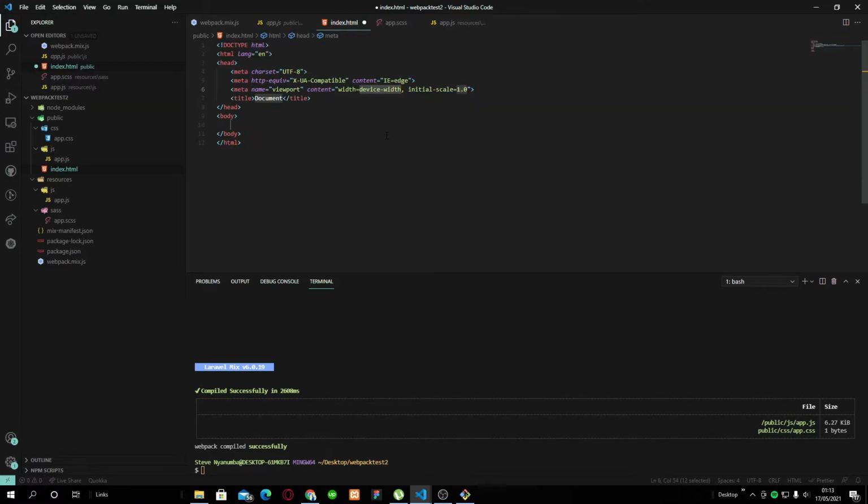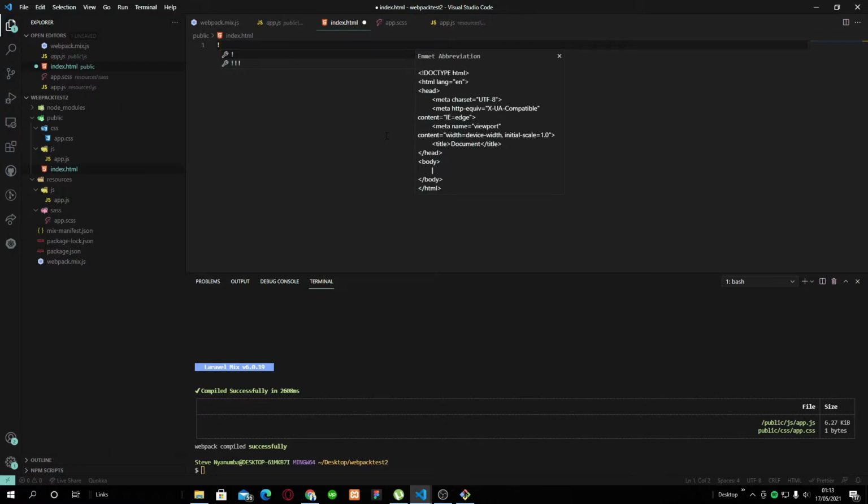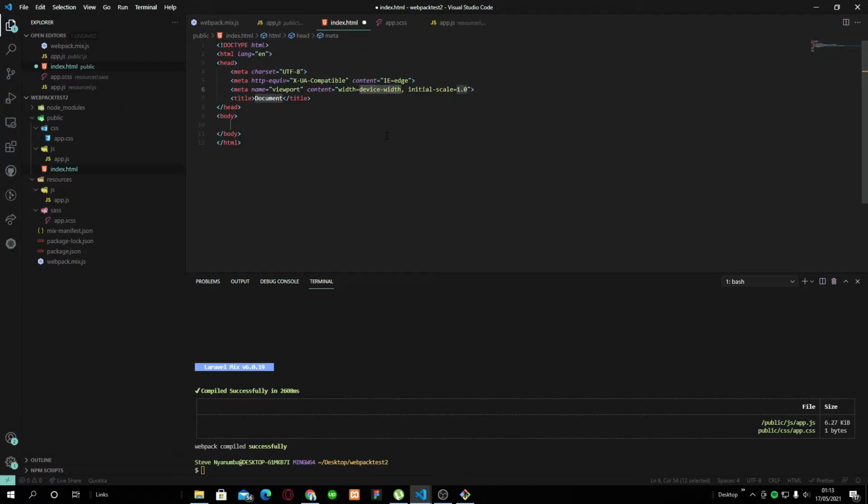Alright, so first thing I want to do is import them into our HTML. So I've just done what you normally do to create that boilerplate, which in most universities you're taught each and every single section you have to master. No, you don't. You just hit the exclamation point in VS Code and it crafts it for you. So over here I'm just going to do Webpack test,